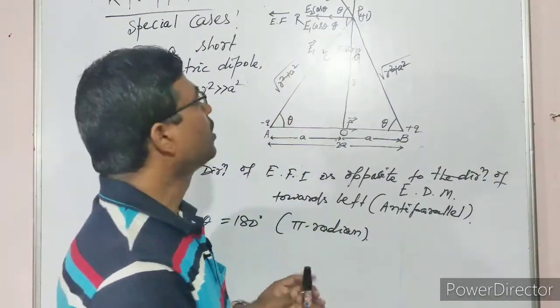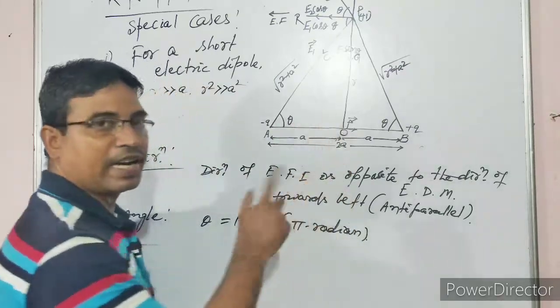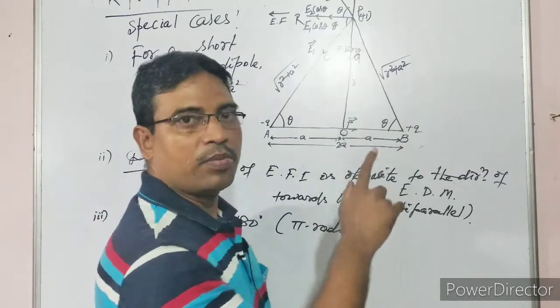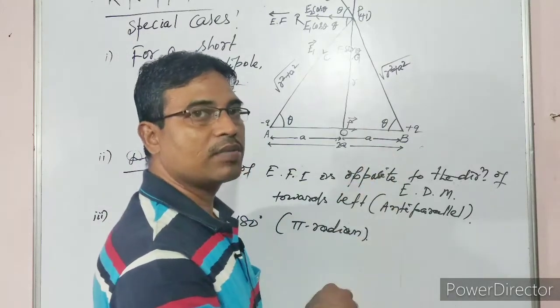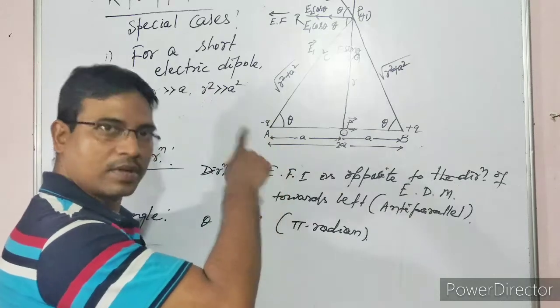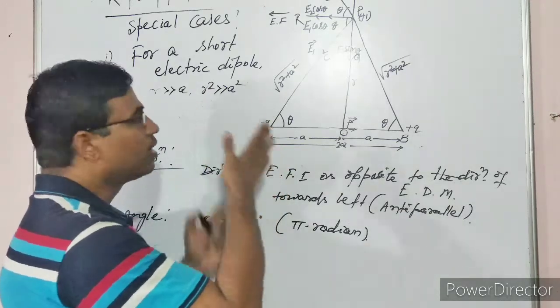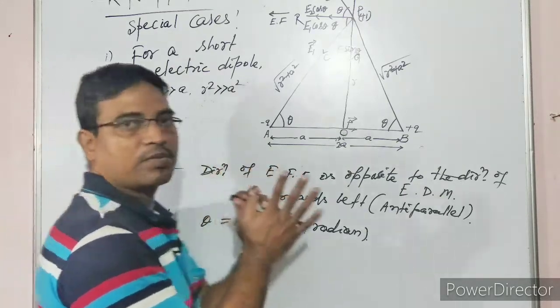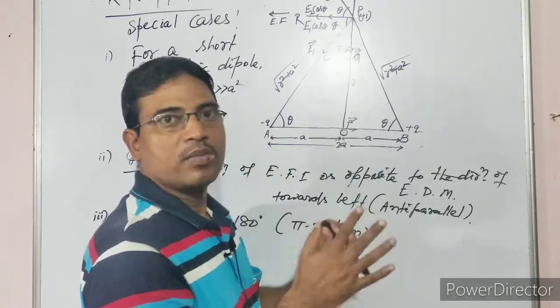So students, to derive this along the equatorial line, there is also another method. You can apply the parallelogram law of vector addition. Just recall what you have read in class 11, but I am not going to derive applying this one. I will derive this in another video. Why? This video becomes so lengthy and you feel bored.